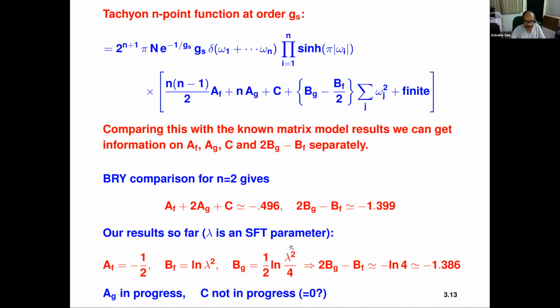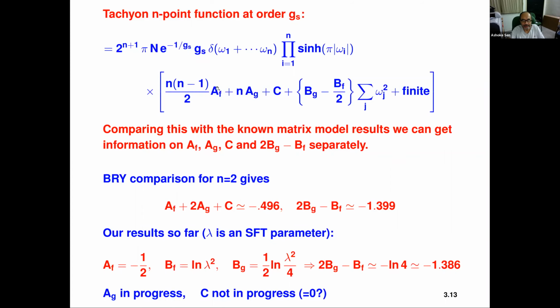C is not in progress, but there is a general argument, which is not so rigorous, which suggests that C is perhaps 0. Maybe I can just say right now what this general argument is based on, and later on I can elaborate on this. The general argument basically uses the extra assumption that this formula makes sense for n equal to 0. If you set n equal to 0, that is, the 0 tachyon amplitude,